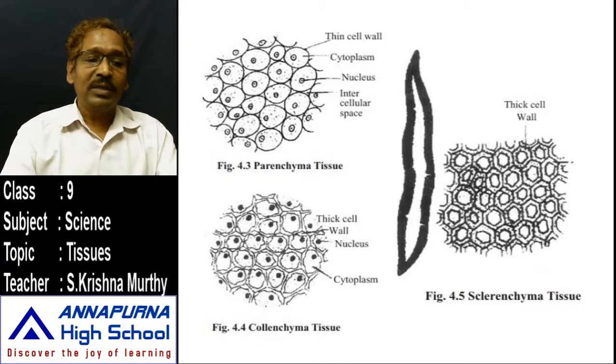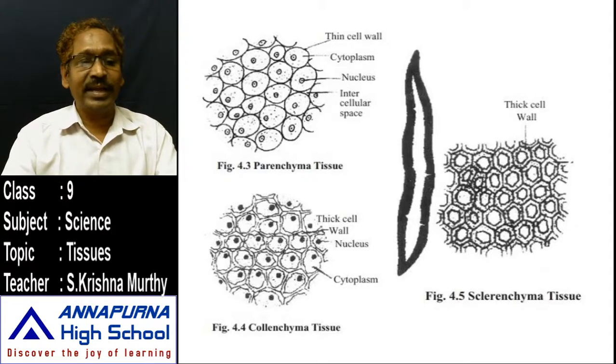Even though the collenchyma tissues are living cells, they do not participate in the exchange of food, gases and other things. These also contain a thick membrane around the cell, and also a nucleus, and the entire cytoplasm is filled with protoplasm. We have learned about protoplasm. Protoplasm is a life supporting material. So this collenchyma gives support to the plant, and also helps in the manufacturing of photosynthetic material.